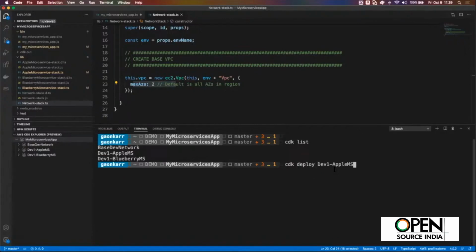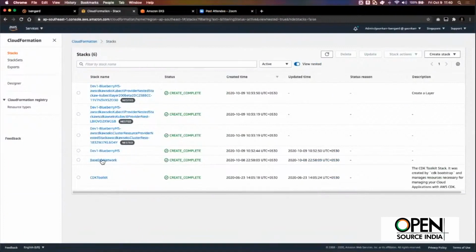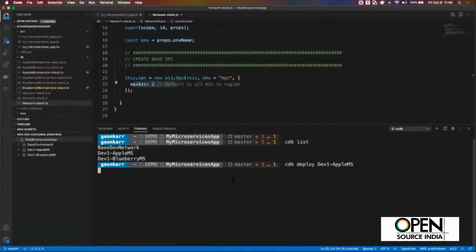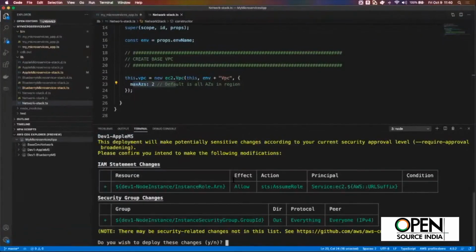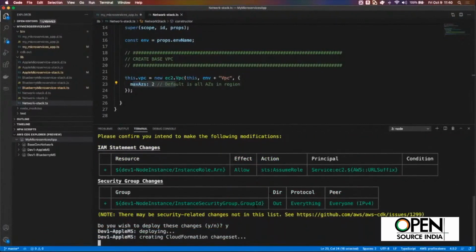Once I click enter, what is going to happen is that it will start deploying this into my AWS environment. Right now you can see there is a Blueberry, which has created a few nested stacks, but now I'm hoping the demo gods are happy with me. Yes, now it is asking me a lot of permission related stuff, so I'm just going to say yes. And now it is going to start creating